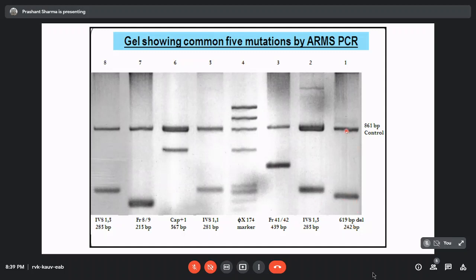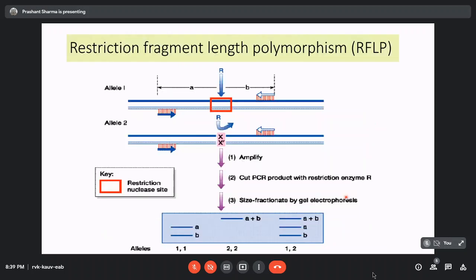Because we got the usual control band as well as the 619 BPD band, regardless of whichever primers we put in, remember, because the control primers were the same for all of these tubes, right? Had any of these samples also had the 619 BPD, we would have got this additional band over here. So we can say that whoever's DNA was in this lane is heterozygous for the 619 BPD. On one allele the deletion is not there, but on the other allele, the deletion has happened. I hope that's clear. And then we're really drawing towards the end now.